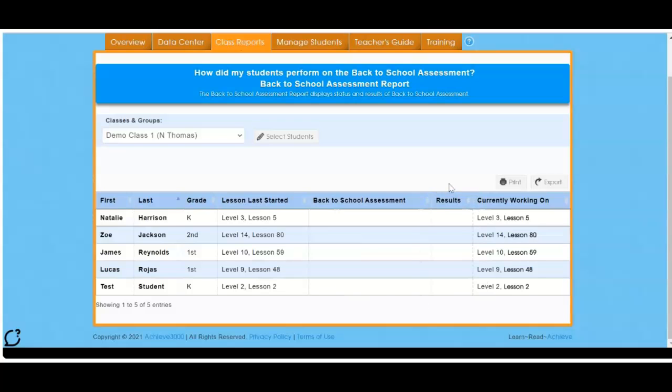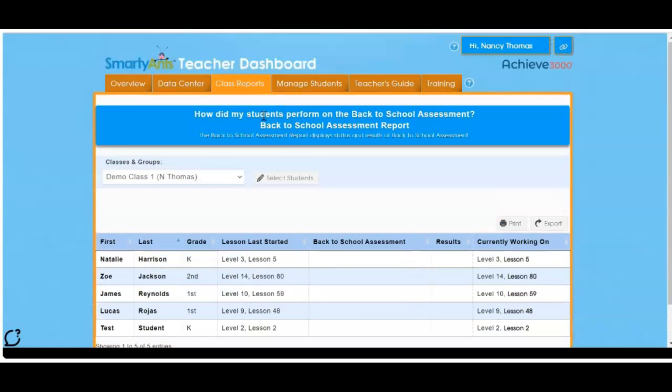And then you will see the results. This results column is where you want to focus in to see if your students have remediated, resumed where they left off, or accelerated in their SmartENS plan. Then it'll let you know what lesson they will be currently working on. I hope this is helpful, at least on the teacher view, but I do want to